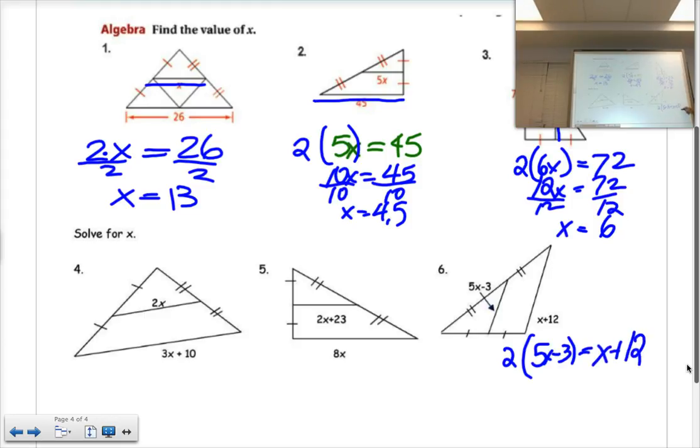Thank you. So what's the next step we have to do? Distribute. Yep, so what do I get? 10x minus 6 equals x plus 12. Then minus 1x, and minus 6 equals 12. Then x is